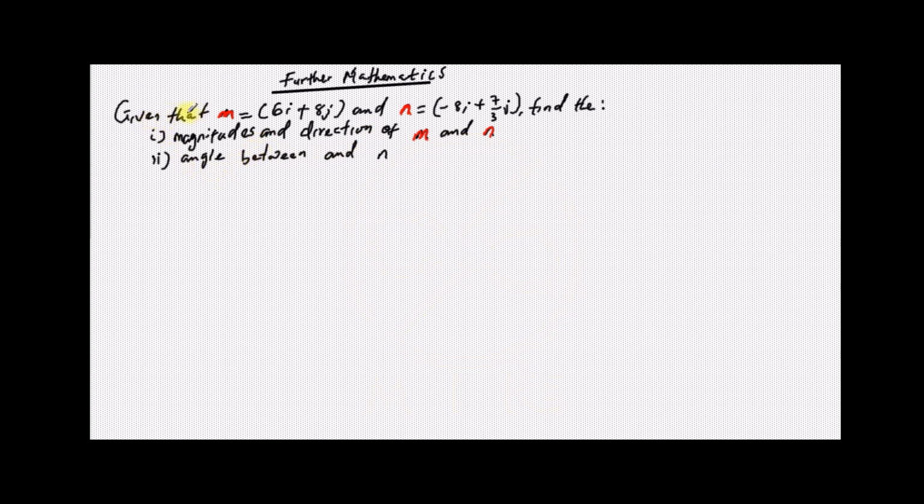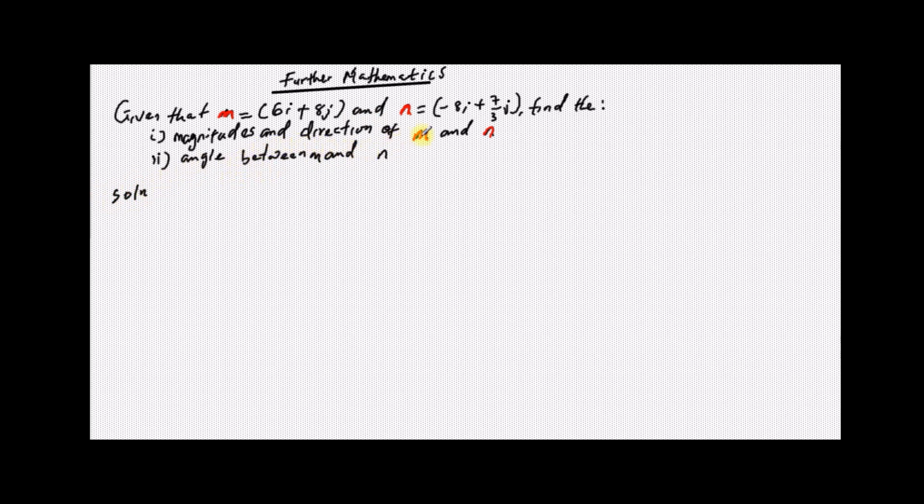The question says, given that vector m equals 6i plus 8j and vector n equals minus 8i plus 7 over 3 j. Find, Roman figure 1, the magnitudes and direction of m and n. That is, we should find the magnitude of m and its direction, and also find the magnitude of n and its direction. Then Roman figure 2, find the angle between vector m and vector n. So solution: